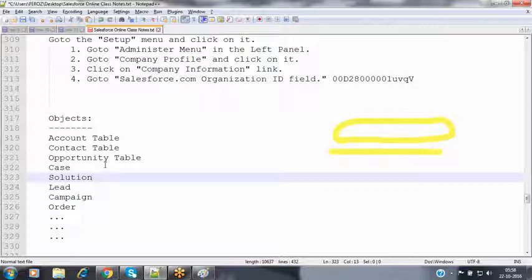Then how can we create a record? Do we need to use any programming language? No. Because this application will be used by different people who are not aware of Salesforce. They don't know what exactly Salesforce is, they don't know how to log in, they don't know how to create a record programmatically, and they don't know any technical skills or programming languages. Then how can these people create those records? For example, we use the Gmail application. By using the Gmail application, we are able to send email notifications and receive email notifications.